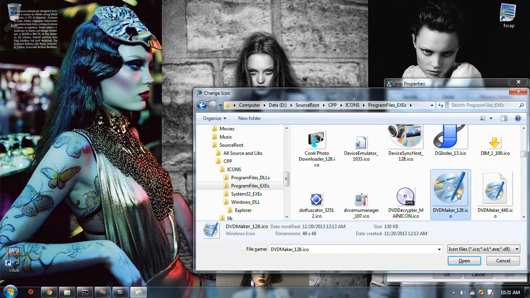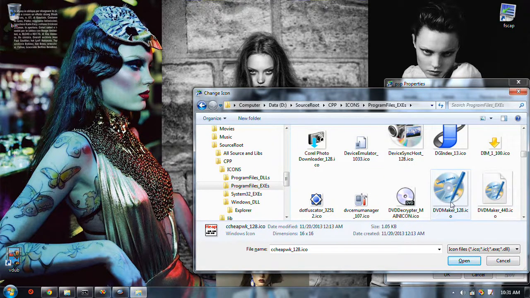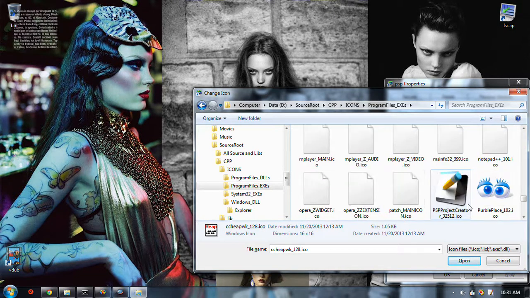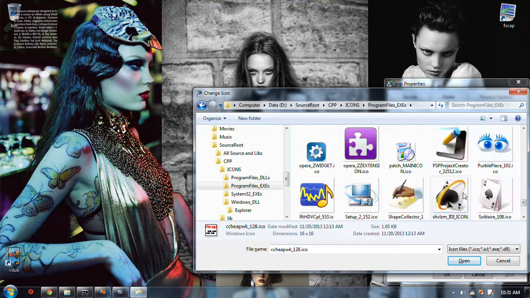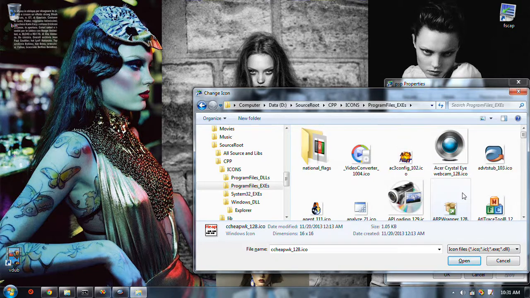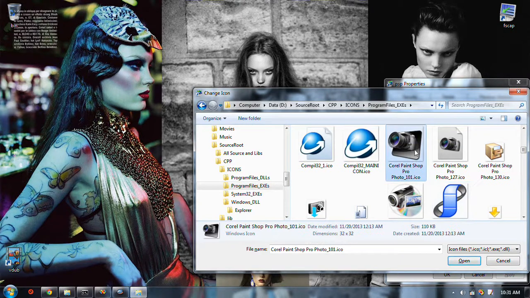Paint Shop Pro. Would that be C for Corel? This is Program Files exe. It's got to be in here somewhere. I think the original is that of a camera. Yeah, there it is.